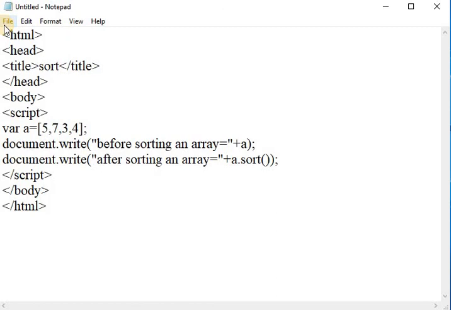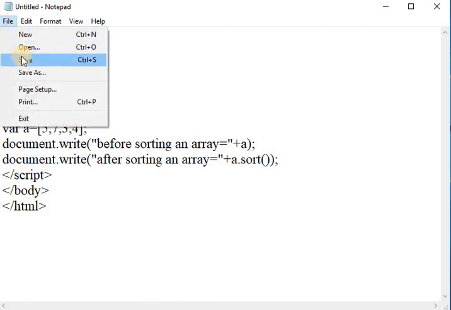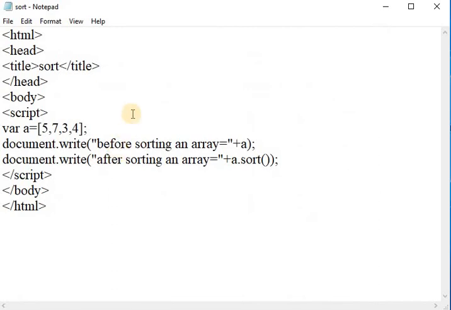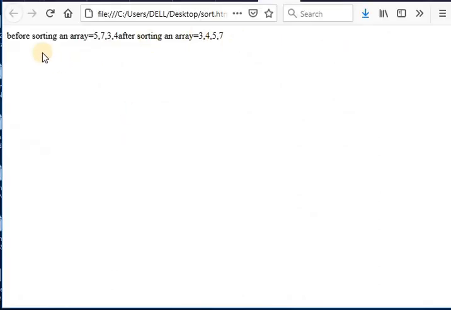Save this file with the HTML extension and see the output. This is the output of the program. Before sorting, the value is 5, 7, 3, 4. After sorting, the value is 3, 4, 5, 7.